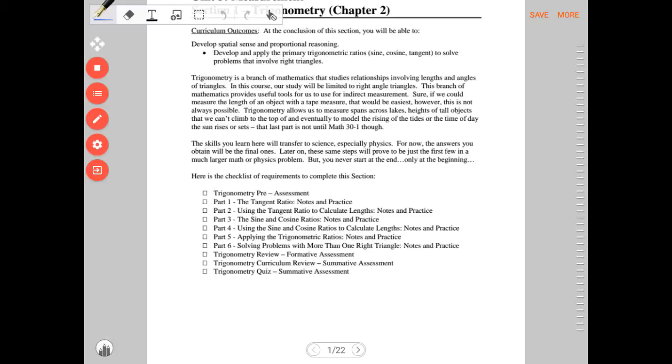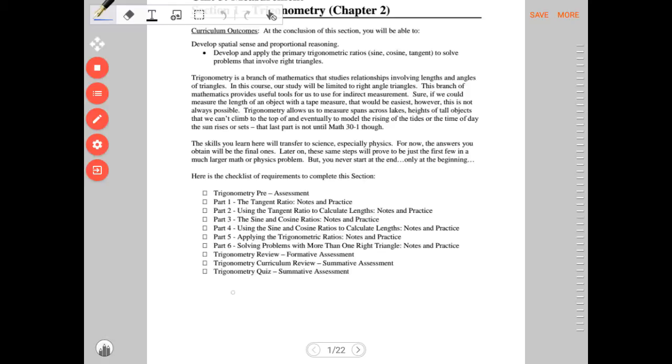Then there are 6 parts to this chapter. The tangent ratio, using the tangent ratio to calculate lengths. Then we talk about the sine and cosine ratios. Then we apply the sine and cosine ratios to calculate lengths. Then we apply the trig ratios. Then we solve problems with more than one right